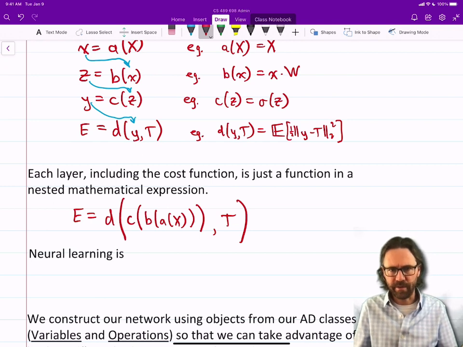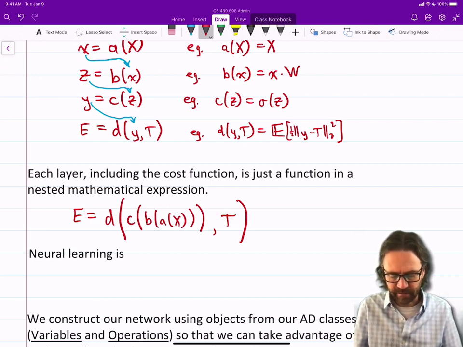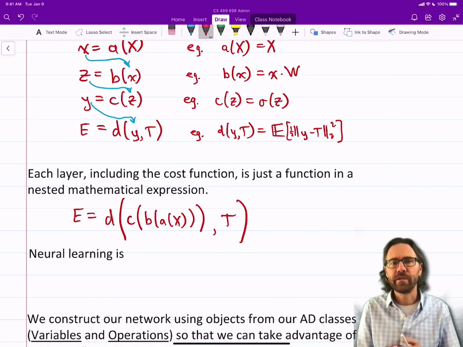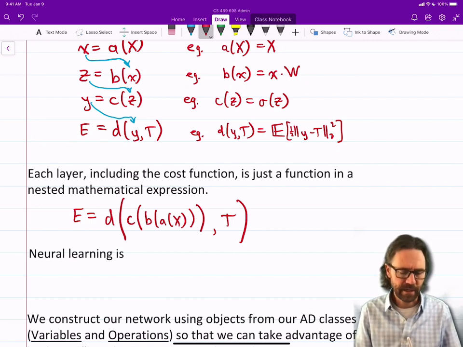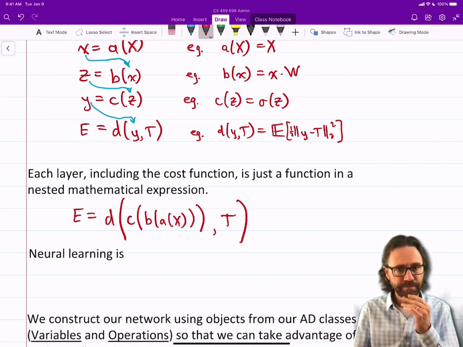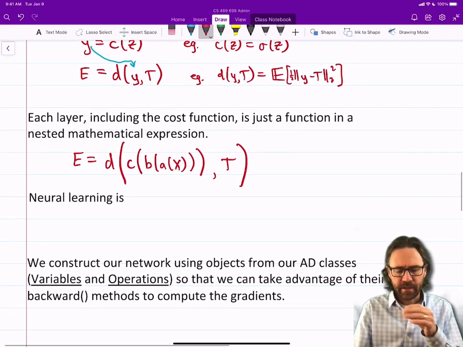So I think I've got all my brackets there. It's just a nested mathematical expression. So given that,